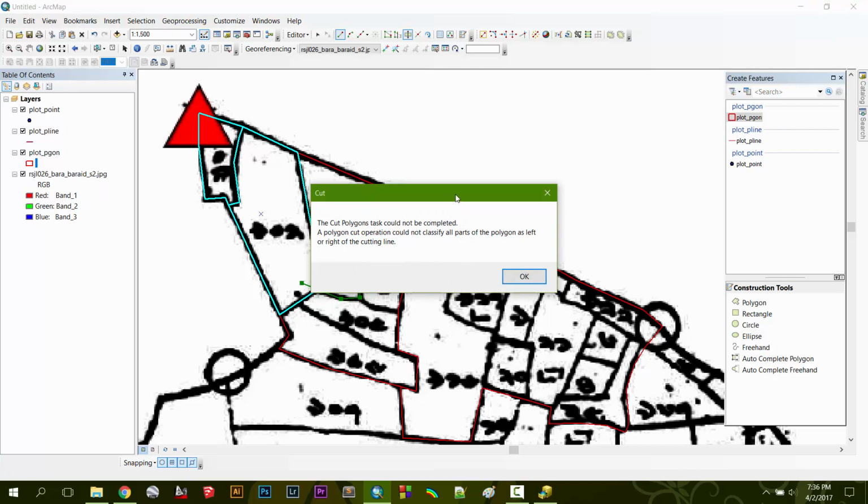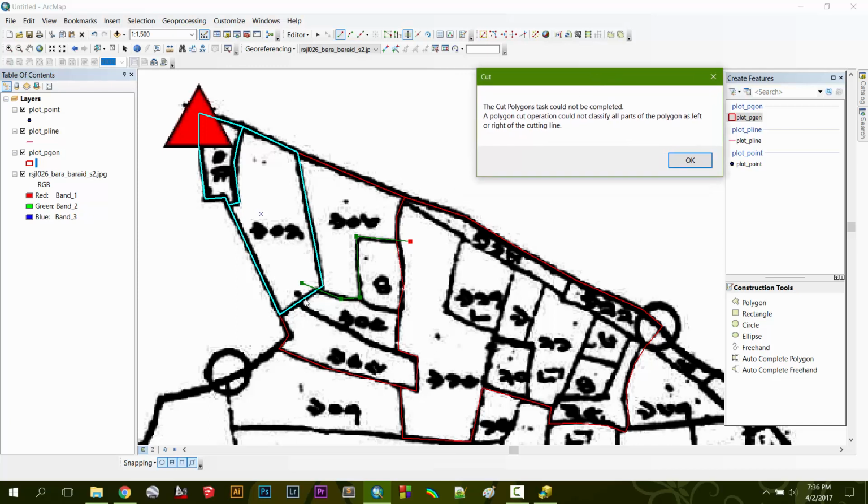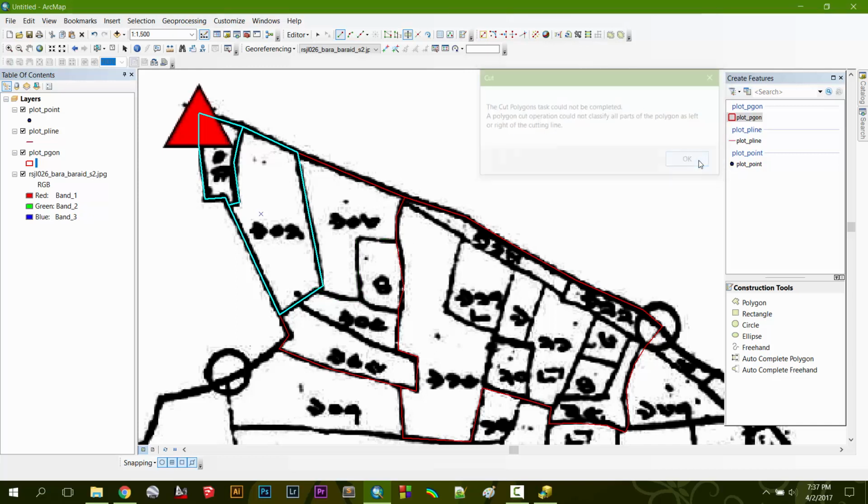Now I intentionally made this error. The cut polygon task could not be completed because, as you can see, I started this from here and I ended this in here. I cannot do this because my cut polygon tool only deals with one single polygon, but I started this cut from this polygon and ended it in this polygon. That won't work because this can only divide and work with a single polygon. Now if I have to do this, suppose I have to start from here and end from here, you can use the autocomplete polygon tool. In autocomplete polygon, start from somewhere and